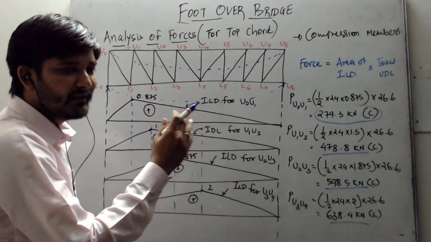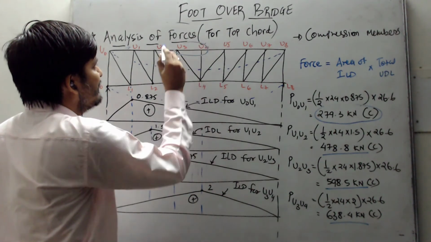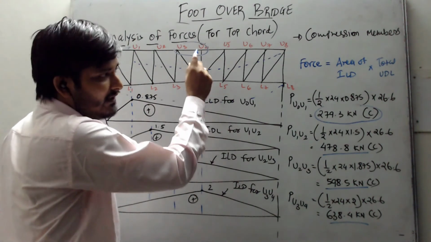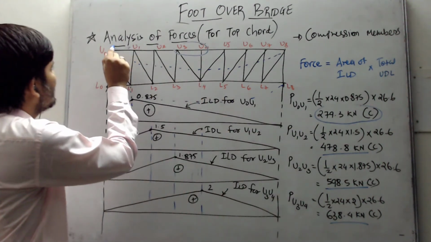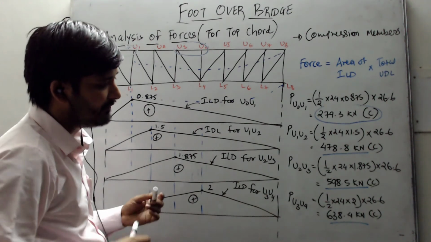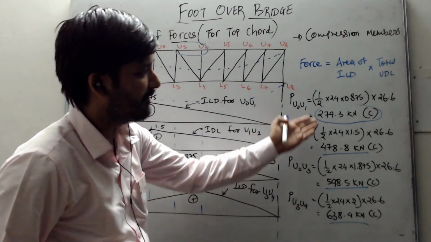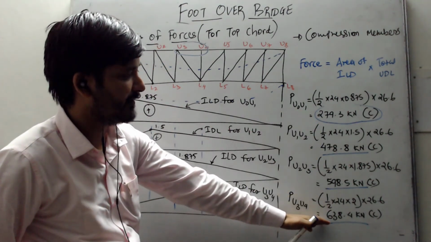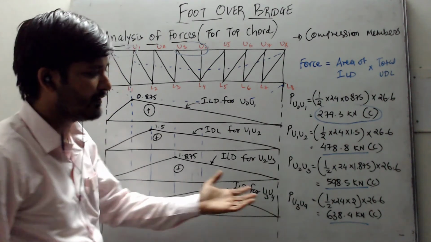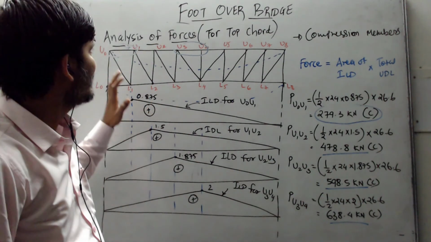What does this mean? Suppose I am doing the design of this member, the forces are higher, right? So there are chances that this section will be heavier, and as I go near to the end, say the last point U0 U1, what I can see is the force is almost half compared to the maximum value. So this is how you can observe whether your calculations are correct or not, right? So we complete our calculation for top chord forces, right?